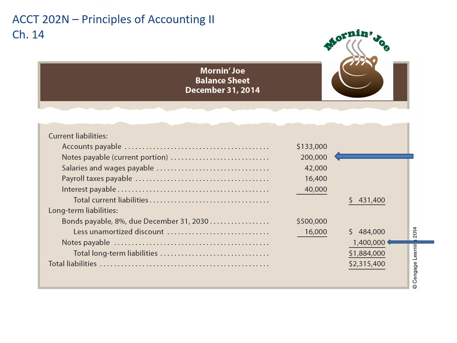Of course, bonds payable by their very nature are long-term debts, and you can see here that we would recognize that less the unamortized discount. So the carrying value of the bond shown here is $484,000. It's the $500,000 less the unamortized discount, which will get reduced each time we make an interest payment.